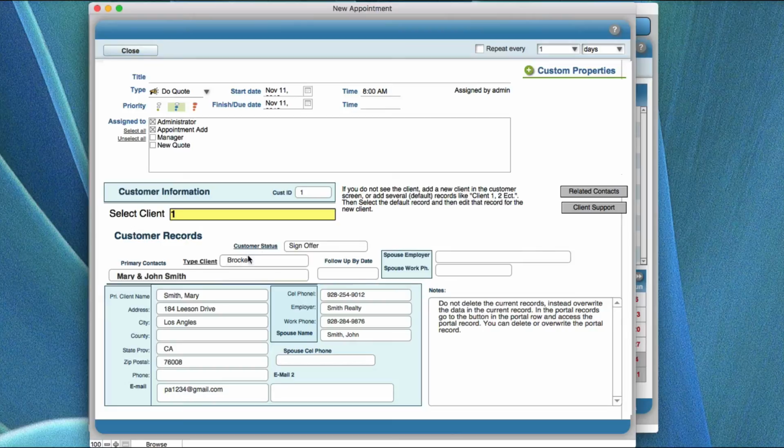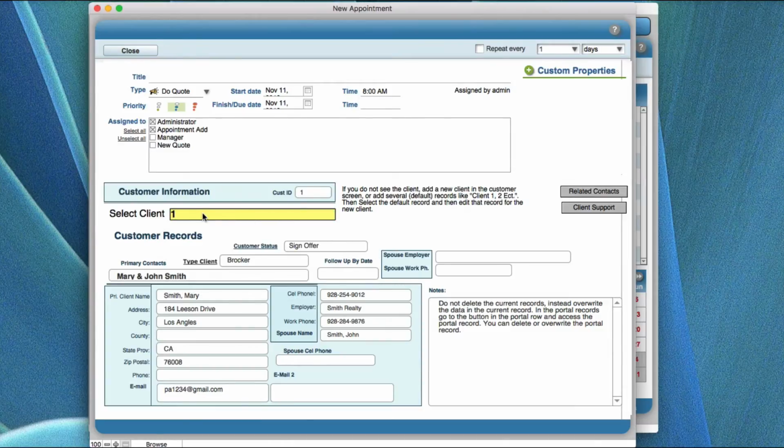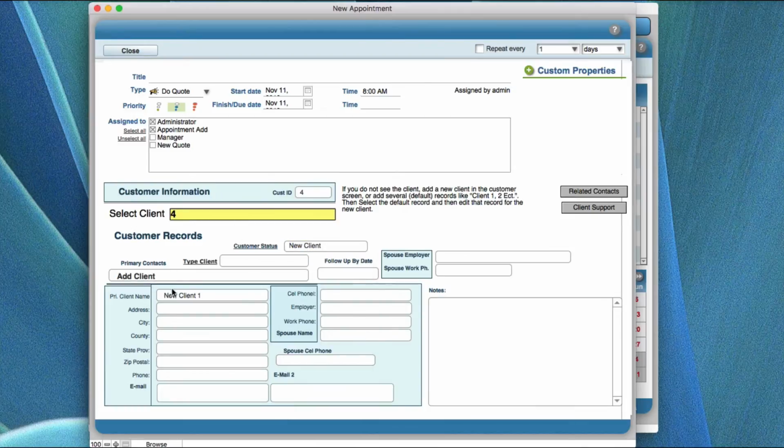And the information, as you're editing it down here, I want to show you something, and this is what I was talking about. I created what I call a default record. If you do not have any default records in, and what I did is I just created the ID number 4 and put new client 1. If you're going to be adding a series of default records, that allows you to edit this right from the screen. So if I picked the default record and there was no data in here because all I had was add client and new client